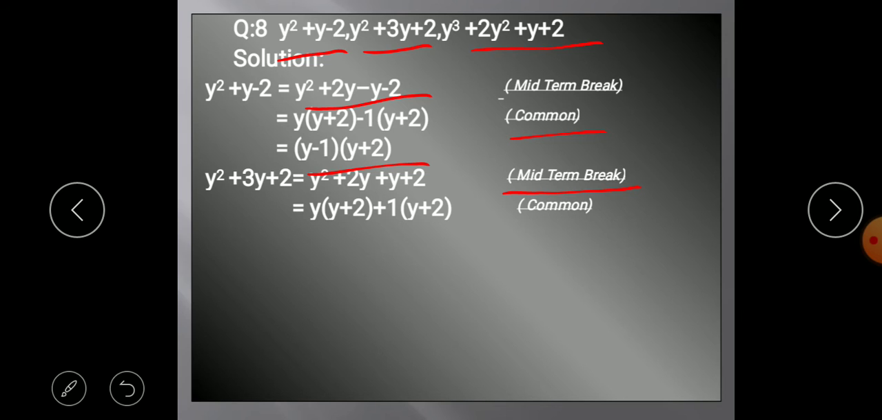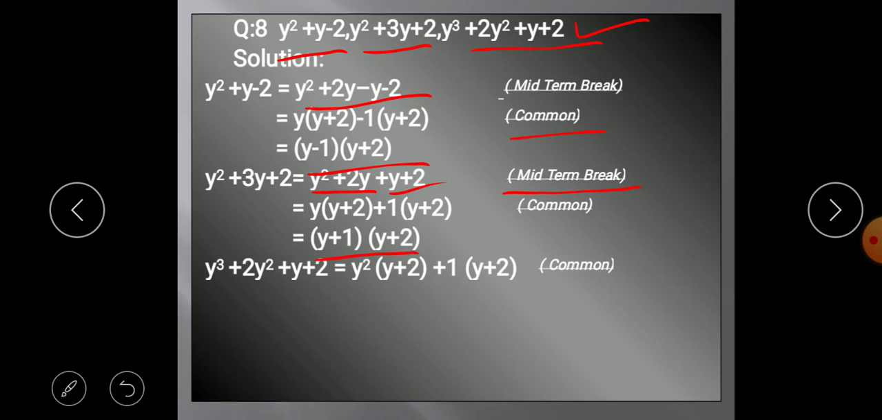Here in the first two terms y is common, here plus 1 is common, so again a second time we found the common, and then we will get here y plus 1 and y plus 2. Now we have here the third polynomial, so again find its factors. So according to polynomial